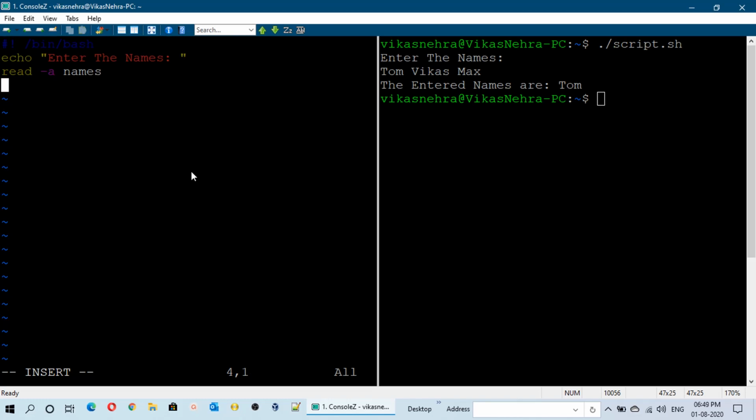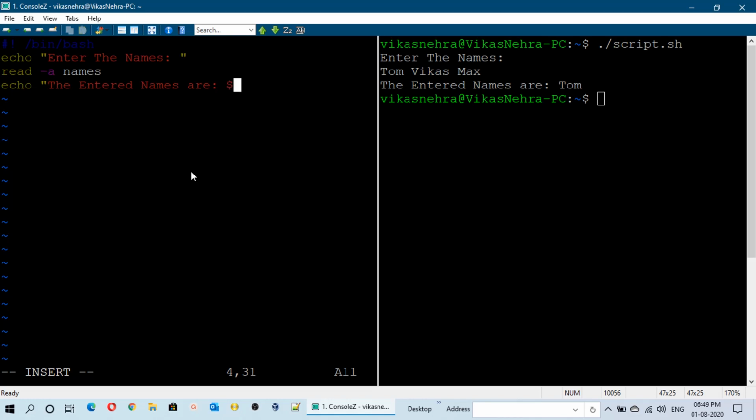So we will use this variable to store the inputs from the user, and here we can mention echo, the entered names are,